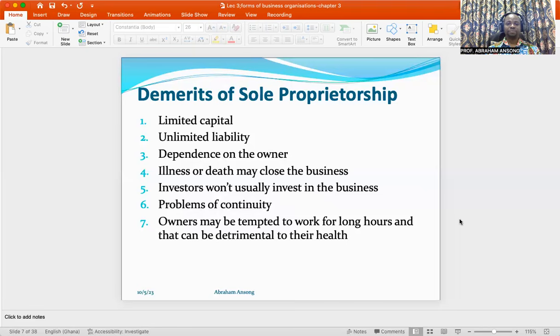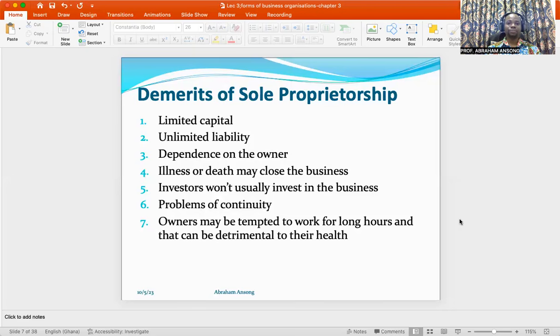That is very, very risky, and that is very, very dangerous. So it's very important to pay attention to these points in deciding on which form of business organization you want to go into. All right. You might be making all the profit if you go the way of sole proprietorship, but also bear in mind that you also bear all the liability if there's any form of debt that the business can't afford to pay.